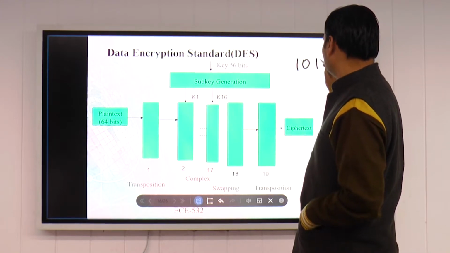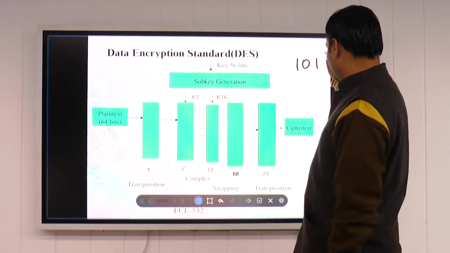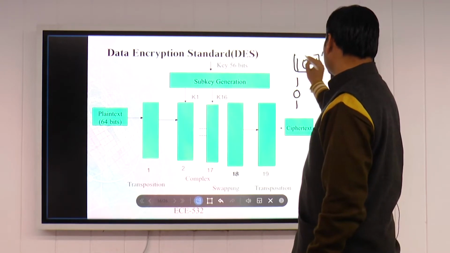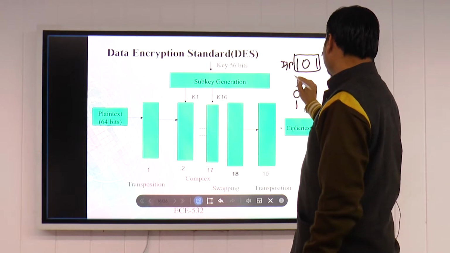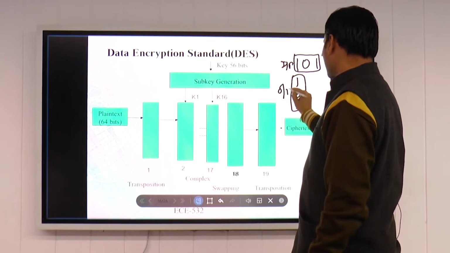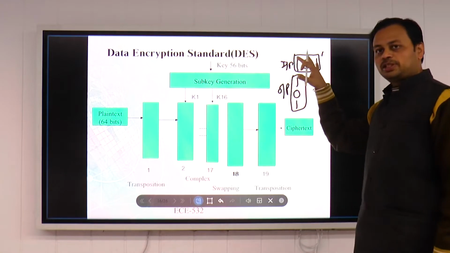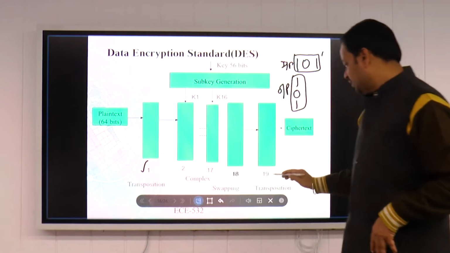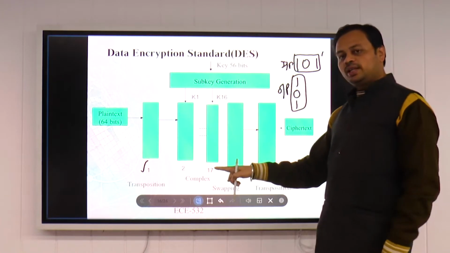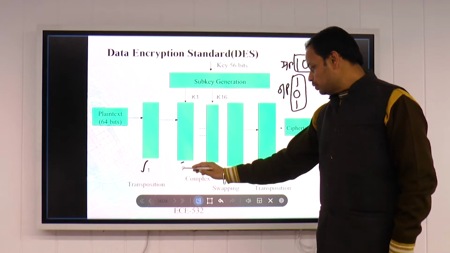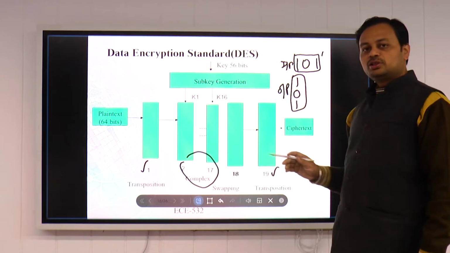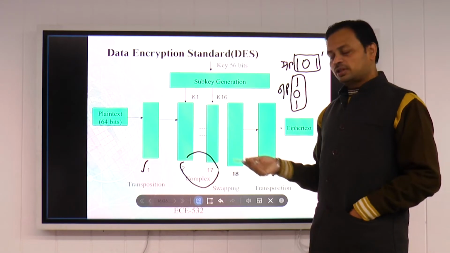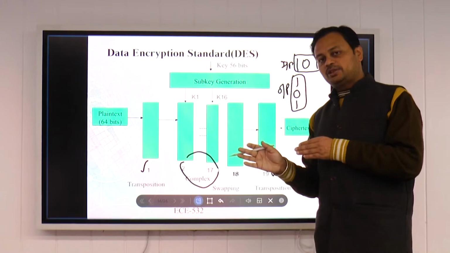Say for example 101, we can take its transpose and it can become 101. So this can be the input and this can be the output. So we take the transposition, we convert from columns to rows. So first position and 19th position, we do the transposition. 2 to 17 is a complex operation. So what is that complex operation? We will study that. And no doubt, when we need to convert from plain text to ciphertext, always the